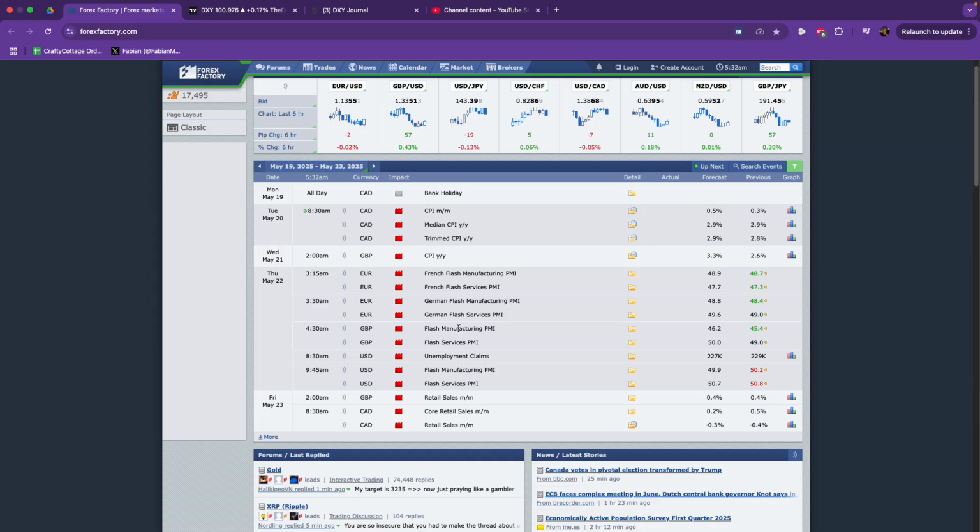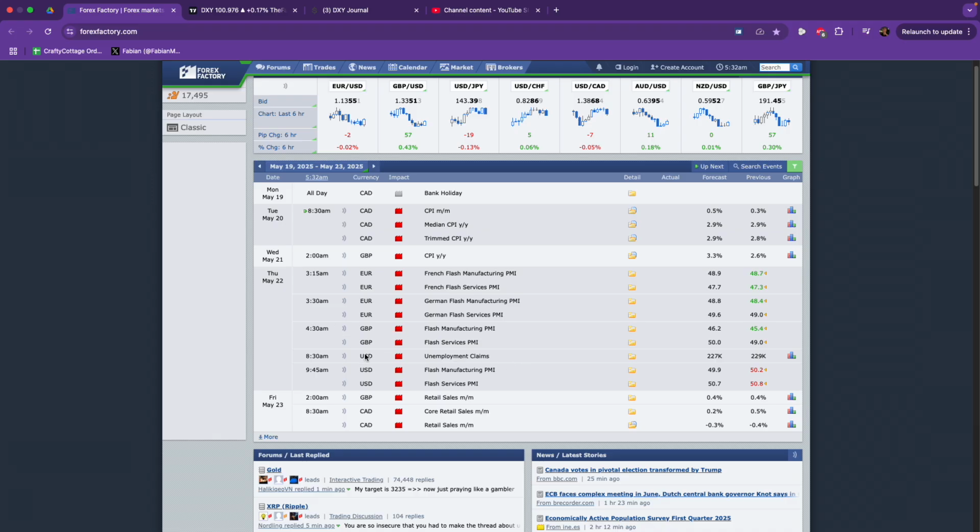On the Thursday is the most important day of the week, in my opinion. We have the PMI. Because I don't trade the news most of the time unless I'm already positioned, what I will be looking to do is once the news passes, the Euro news, I'll be looking to position myself after that, around the 4 a.m. candle New York time. I'll be looking to position myself if the drawn liquidity is clear and if I get an entry. And then from the 5 a.m. candle, I look to position myself on the GBP if possible.